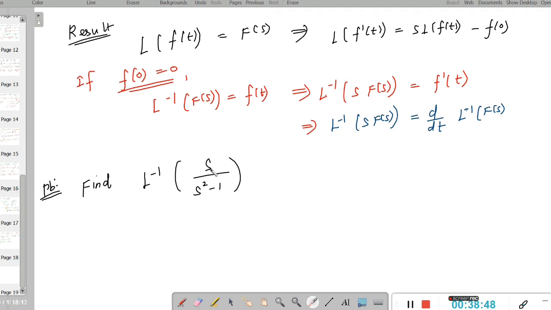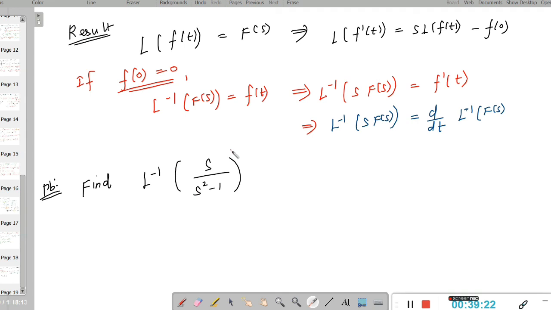In the numerator, the s is coming, which means we can't apply the basic formula like 1 by... In each formula we have seen, the numerator should have a constant or a number 1, but here the numerator s is coming. So in this problem I am going to apply this result,